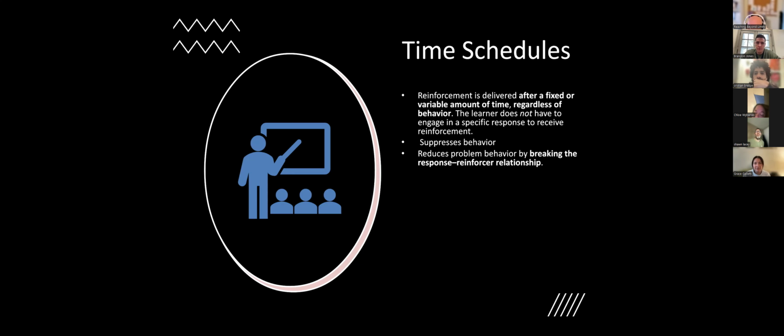So when we notice problem behaviors and we recognize the function, or we recognize what is happening, why the person is engaging in this behavior, what is maintaining the behavior, we could then deliver it on a time-based schedule at first to help suppress that behavior. So we want to make sure we use it when we know the function and can deliver that function on that time-based schedule. We have some VIPs that maybe have potty accidents.